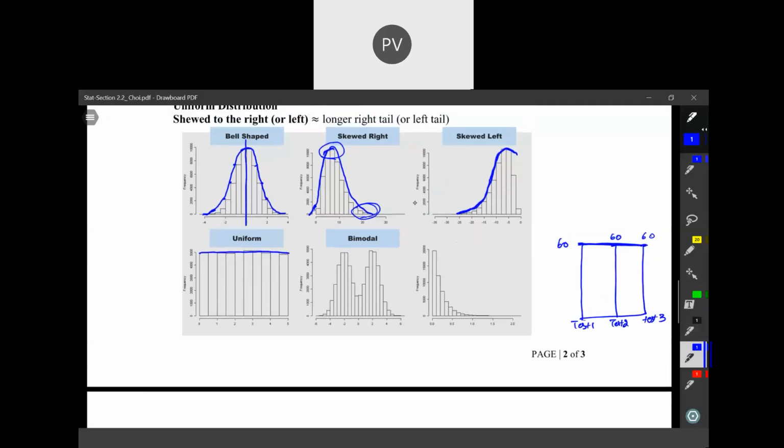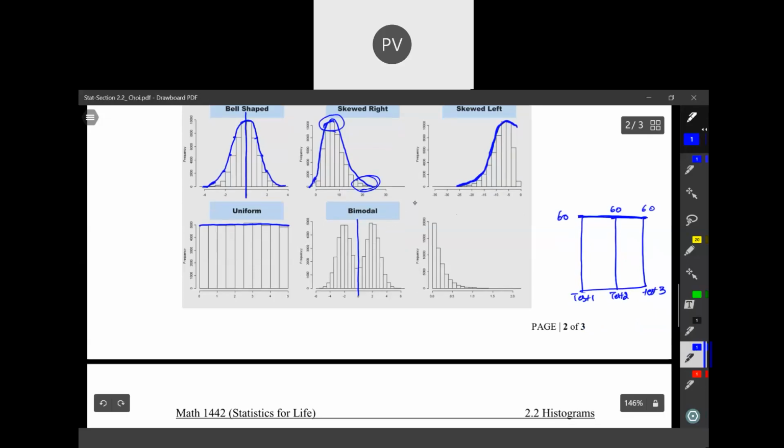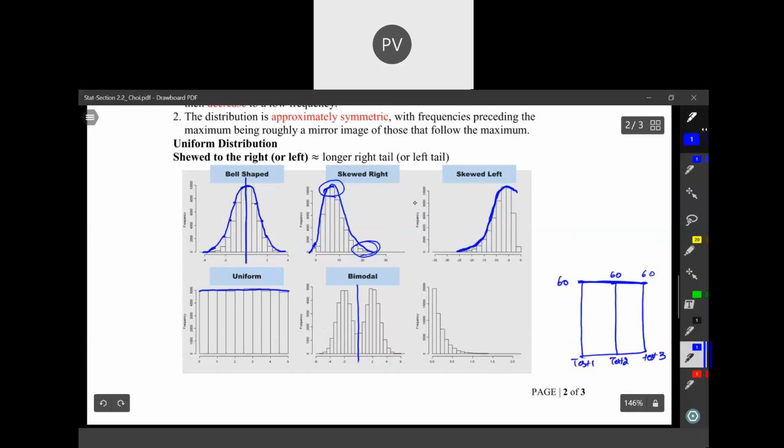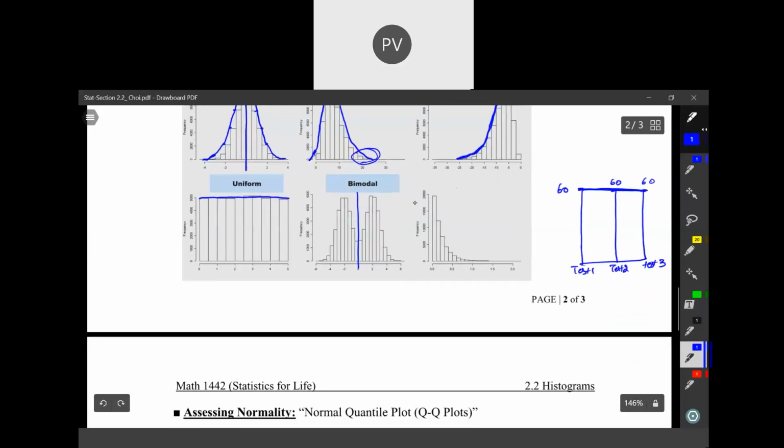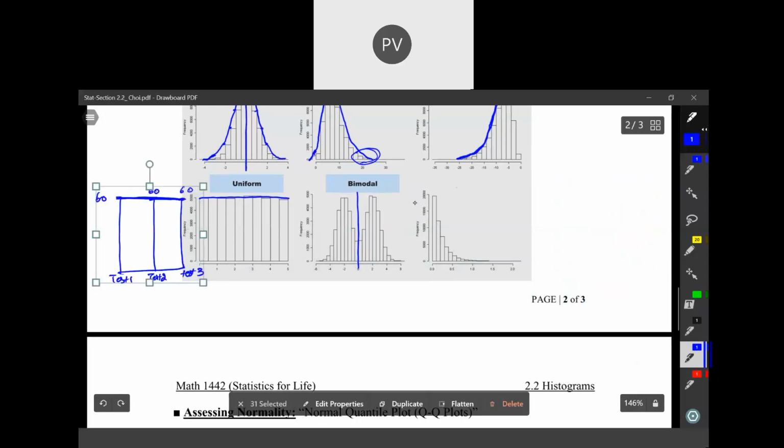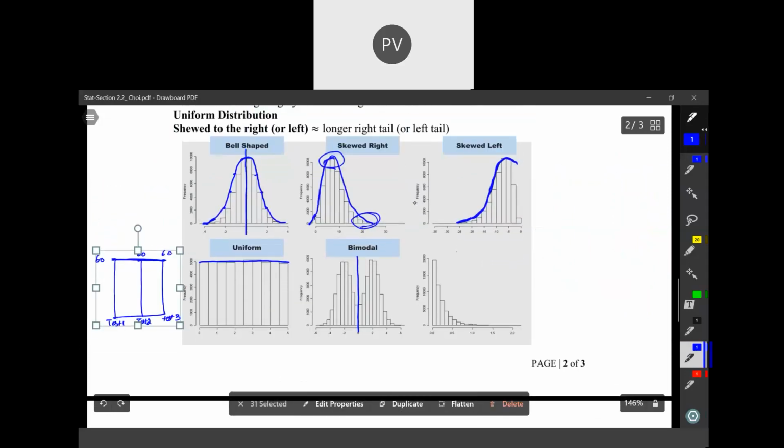What is bimodal? Bimodal is nothing but you will have the same histogram twice. Okay, so it will repeat. If it is repeating, that is called bimodal. For example, this is for uniform. For bimodal,